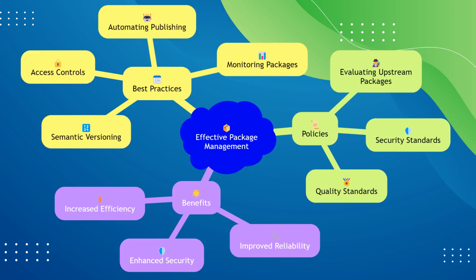To ensure the effective management of packages, teams should follow best practices such as using semantic versioning, implementing access controls, automating publishing, and regularly monitoring packages. Additionally, teams should establish clear policies for evaluating and using upstream packages, ensuring that they meet the organization's standards for security and quality. By following these best practices, teams can improve the reliability, security, and efficiency of their software development